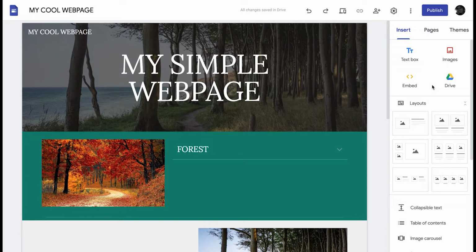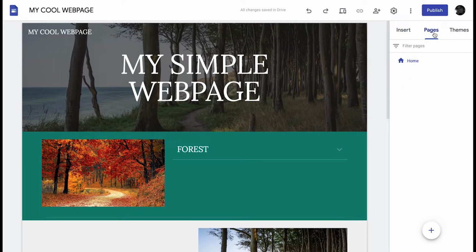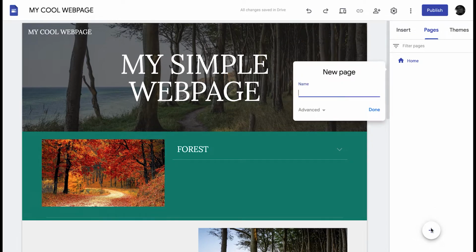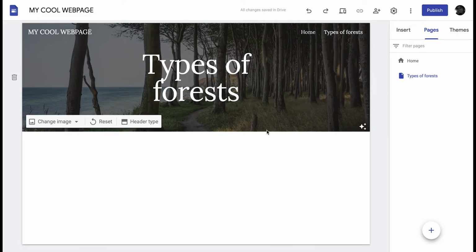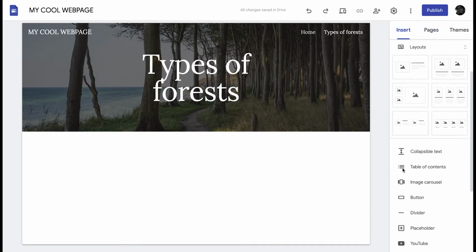The next thing we're gonna do, I'm gonna put another page. So I made my home page, but I want another page just to put more content on it. I'm just gonna click new page. I'm gonna name it Types of Forests. Okay, now we're just gonna go to insert, add another layout or whatever you want to add. I will go with